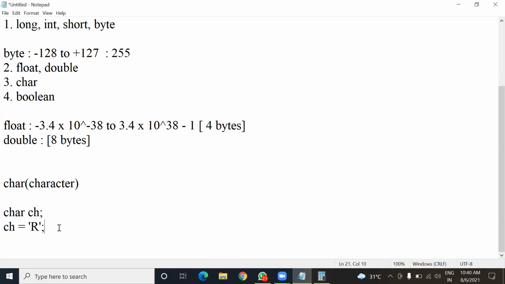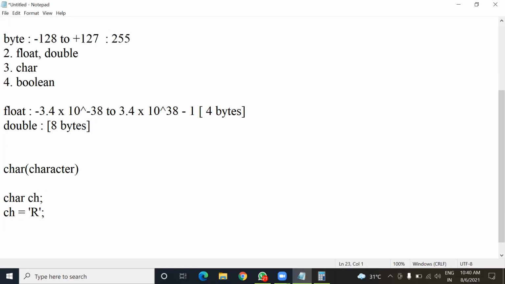Now, what is the size of the char data type? The size of the char data type is 2 bytes, which means 16 bits. 16 bits are enough to represent any character from the Unicode character set.